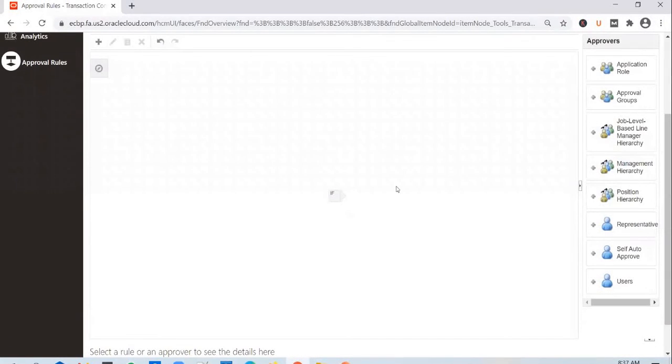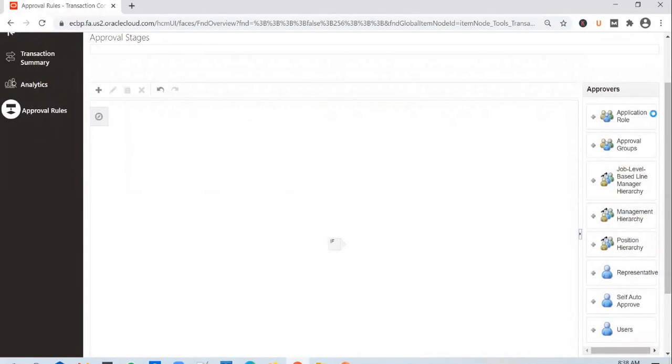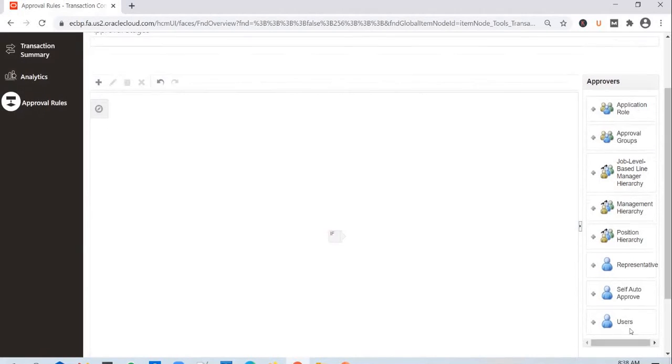So you can write an if condition, and when that condition is satisfied, you can mention to whom it has to be sent for approval, and who can be used as approvers here. You can send it to a specific user for approval, and in such case, you will use the users option here.